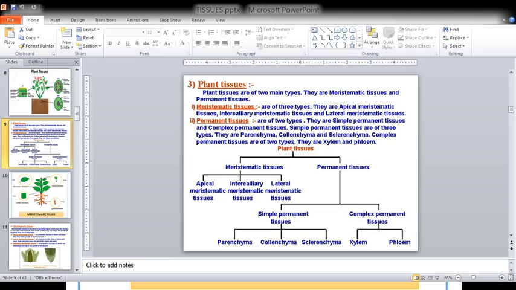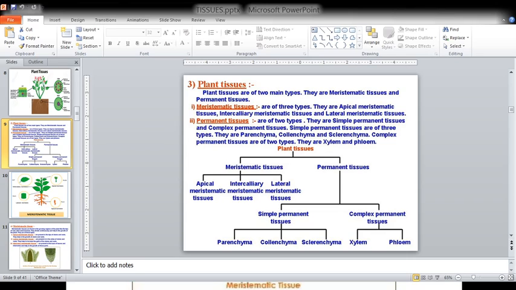Got it? As we know, plants are growing throughout their life, but not all parts of the plant. Their growth is limited to certain areas. So the growing tissues are related to the meristematic, and if there is no change or no growth, those tissues are called permanent tissues or non-growing tissues. Am I clear? So in meristematic tissues, again there are three types we have learned, that are apical, intercalary and lateral.